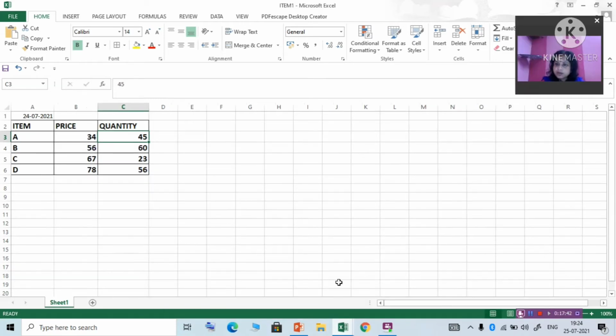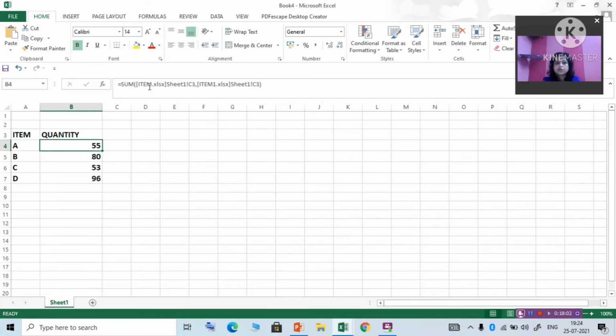So I have created 2 workbooks and the data is linked to the third workbook. Okay, the workbooks' data can be linked. First one I have shown, data linked in both the sheets of the same workbook. Here data is linked in different workbooks. Okay, so the formula is a little bit different in the second case. You just remember and practice how to write it.